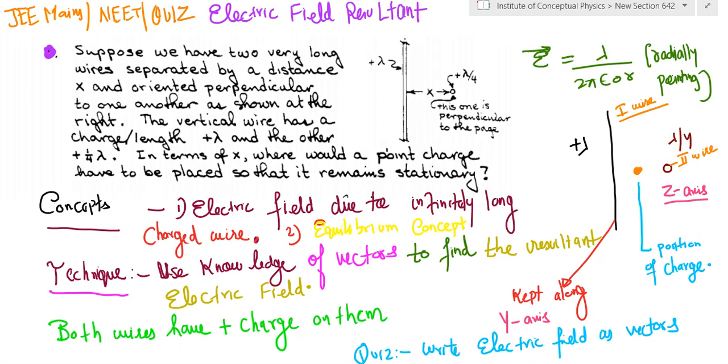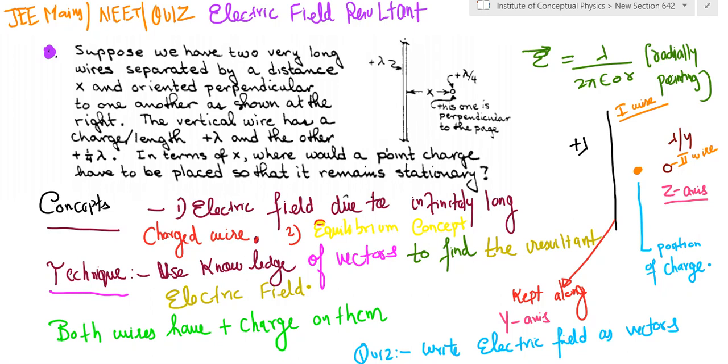So your agenda is to find the position at which this point charge should be kept and it experiences net force as zero force. Now the key concept you must be able to understand, I have written on the right hand side, is that the electric field due to an infinitely long charged wire is radial in nature, right? So if you understand what is the meaning of the word radially pointing, then you can assume the position